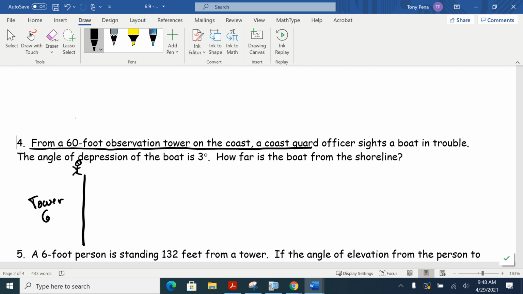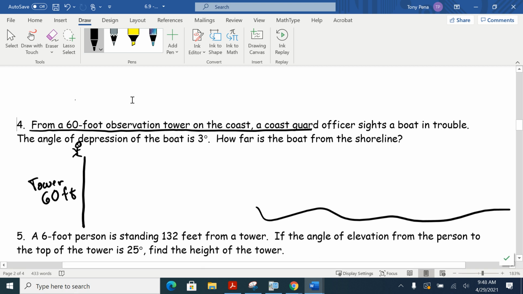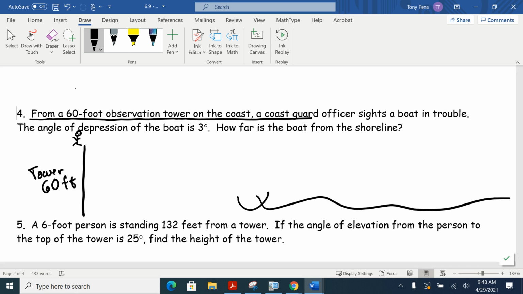We know the tower is 60 feet, so we'll label that 60. He looks down in the water, so here's our water here. And he sees that a boat is in trouble, so we have a boat out there. So we'll say this is our boat. And then it says the angle of depression of the boat is 3 degrees. So what that means is, as he looks here towards this boat,